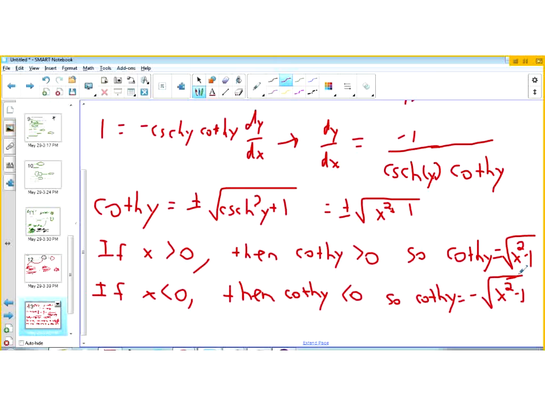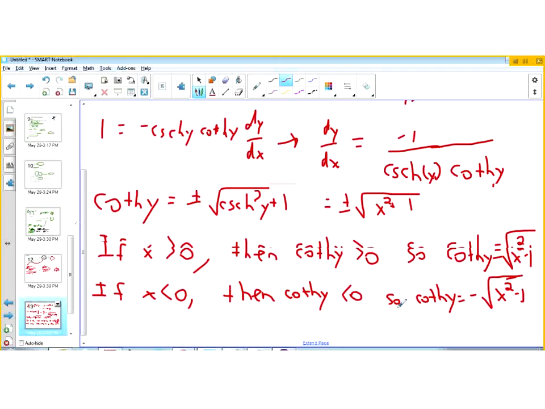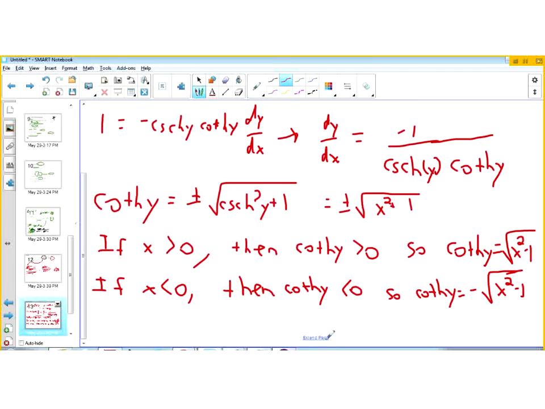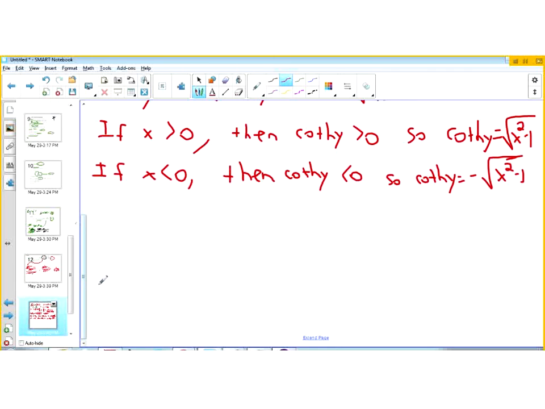Okay, so in either case, we would have the derivative of y with respect to x